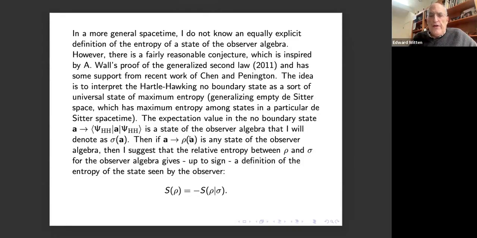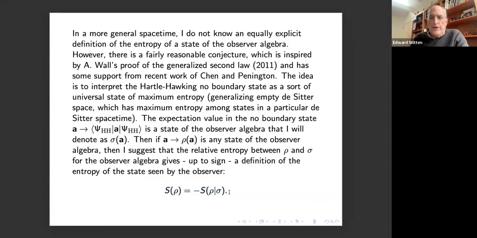Then if A going to rho of A is any state of the observer algebra, then I would suggest that the relative entropy between rho and sigma for the observer algebra gives, up to sign, a definition of the entropy of the state seen by the observer. So this is a candidate for what would be meant in general by the entropy of a state of the observer algebra,